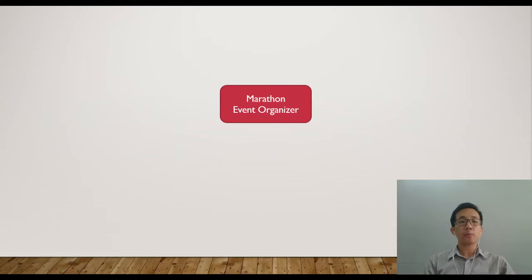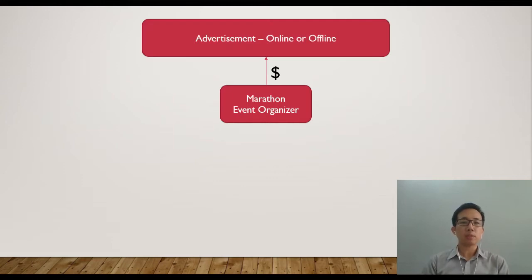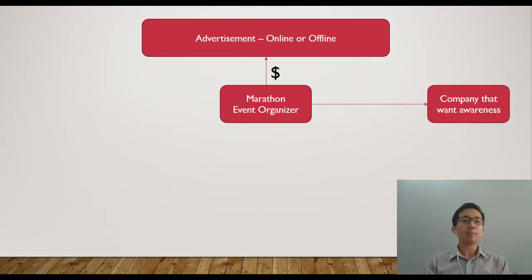Okay, let's start with a marathon event organizer. I use this as a metaphor to explain how these things work. What they need to do is first tell the public about the marathon event they're going to run. They do some online and offline advertisements, announcing to the public that they're doing a charity run, something like that. At the same time they go and find sponsorships, telling companies,